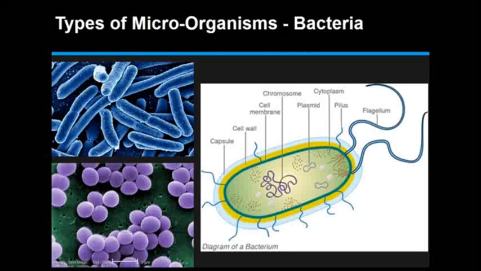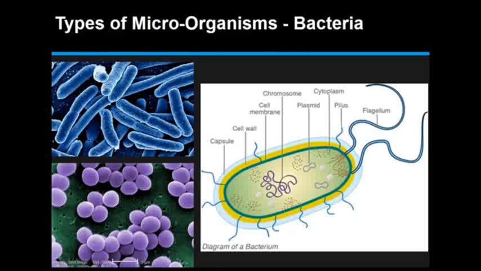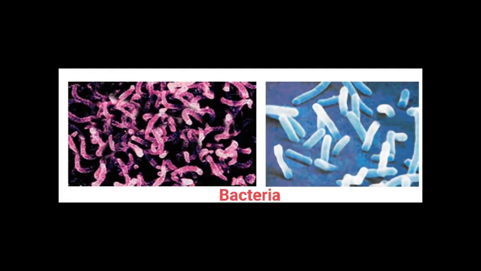Now let's have a look at how these microorganisms look in actuality. The first one that you're going to see is a bacteria. Bacteria can come in various shapes and structures, like a capsule or a circular, spherical ball-like thing, but they are always in clusters. Generally how the bacteria looks is what is shown here.